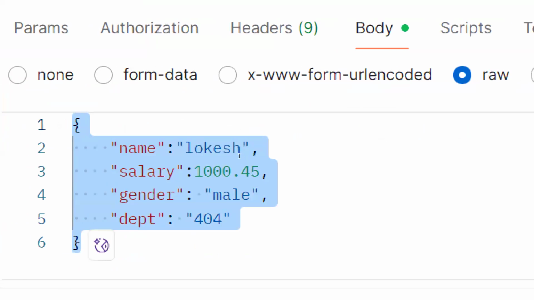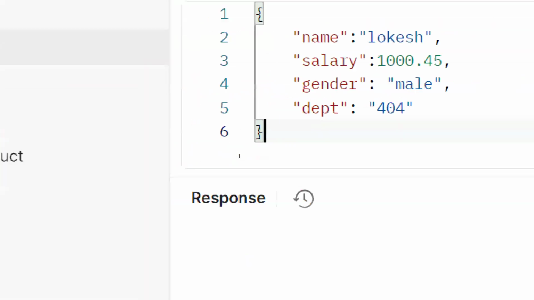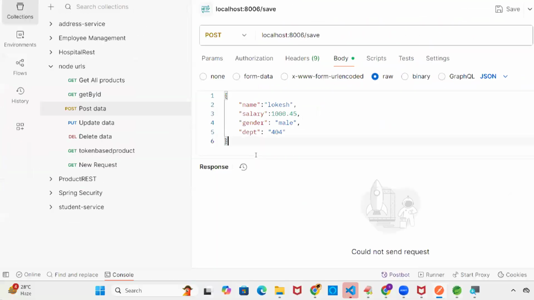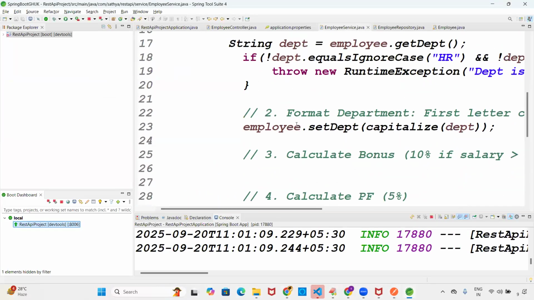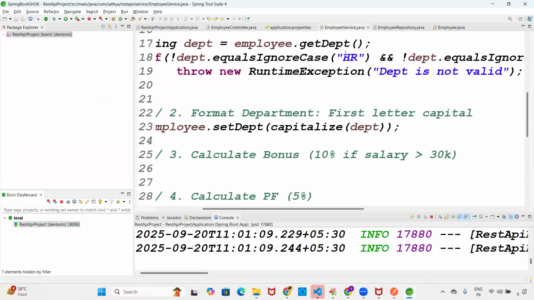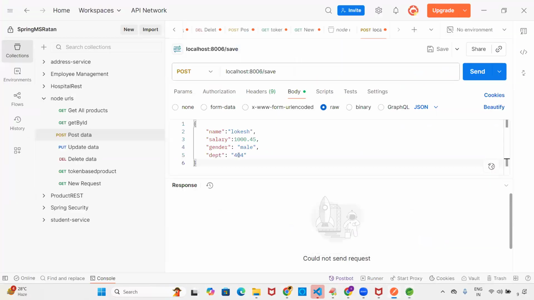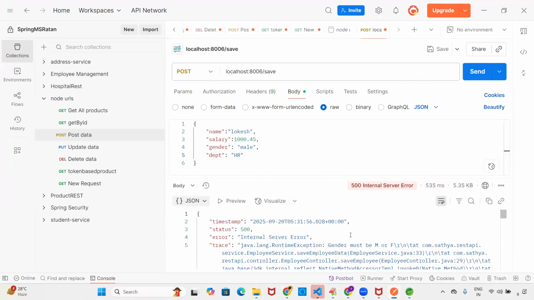Once you give the JSON object, I think for department you have written some logic, right? Department, you have written some logic, guys. Please make sure the department is clear. Again, you get a disturbance. Click on what button, guys? Send. Once you click on send, guys,